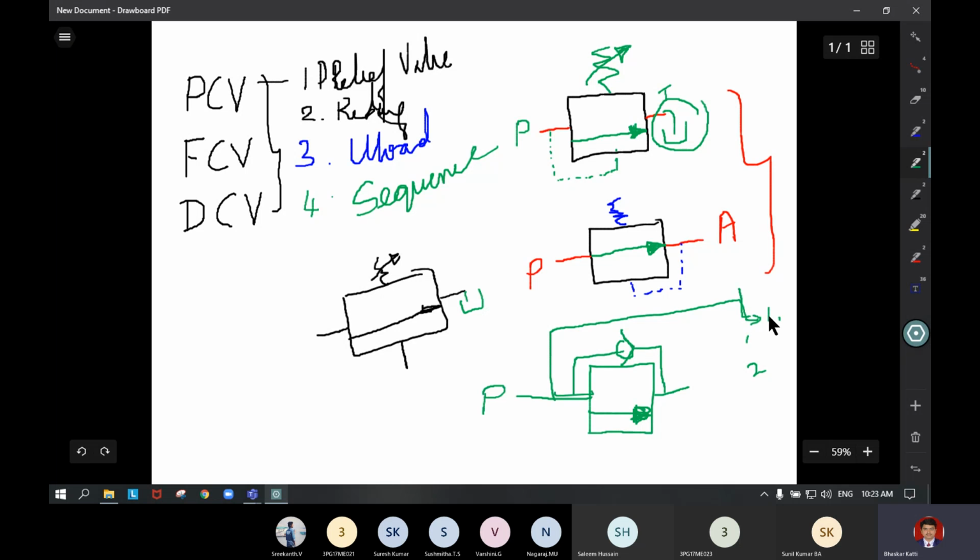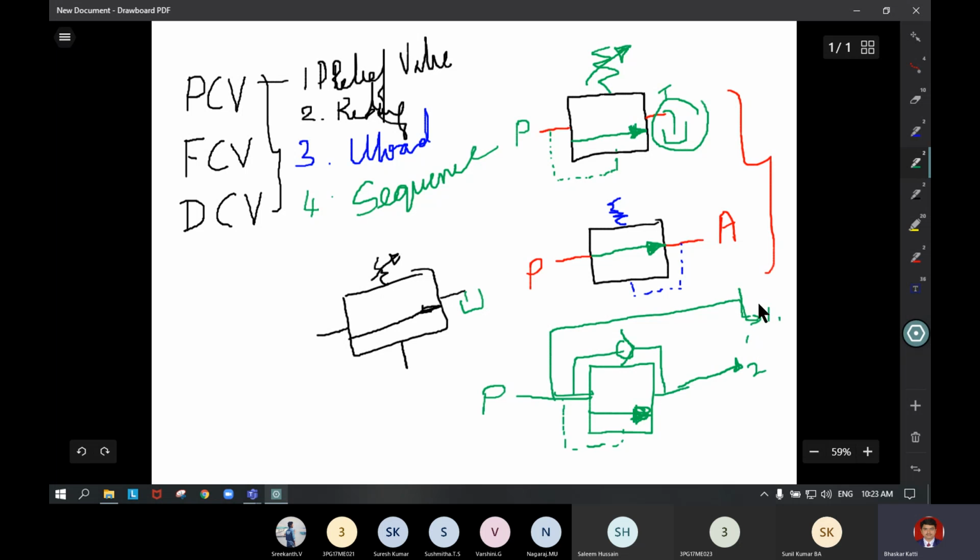Once this operation completes, back pressure is developed here. That back pressure will sense the actuation of the valve. Then the flow is directed towards the port because this is blocked. So the output line goes to the second operation in sequence.